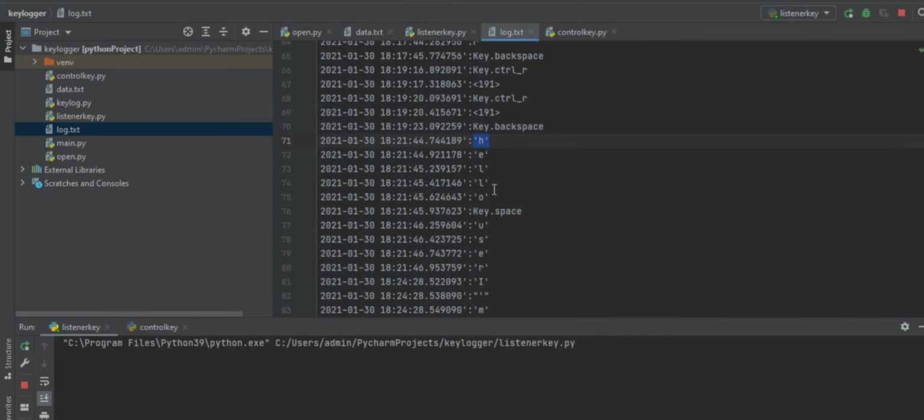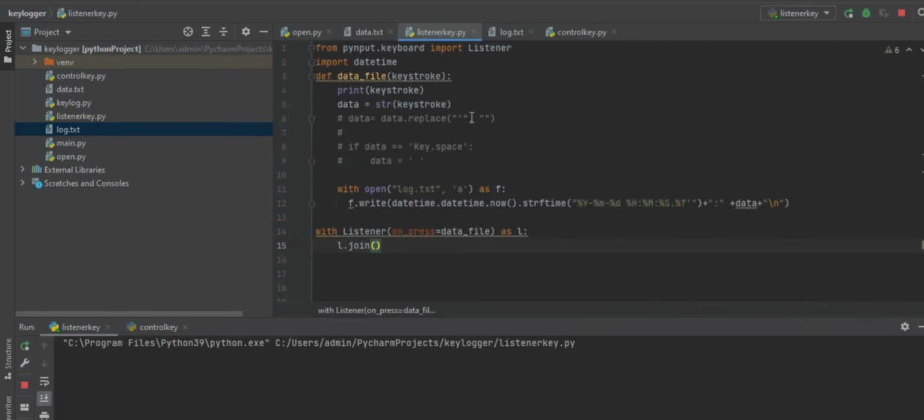If we want to remove the single quotes, we can make use of the replace function, or else it is not much needed. But what it does is make sure that all the letters are joined together. Otherwise, the keys are printed separately, and it becomes difficult for the user to understand what text or what key was pressed.